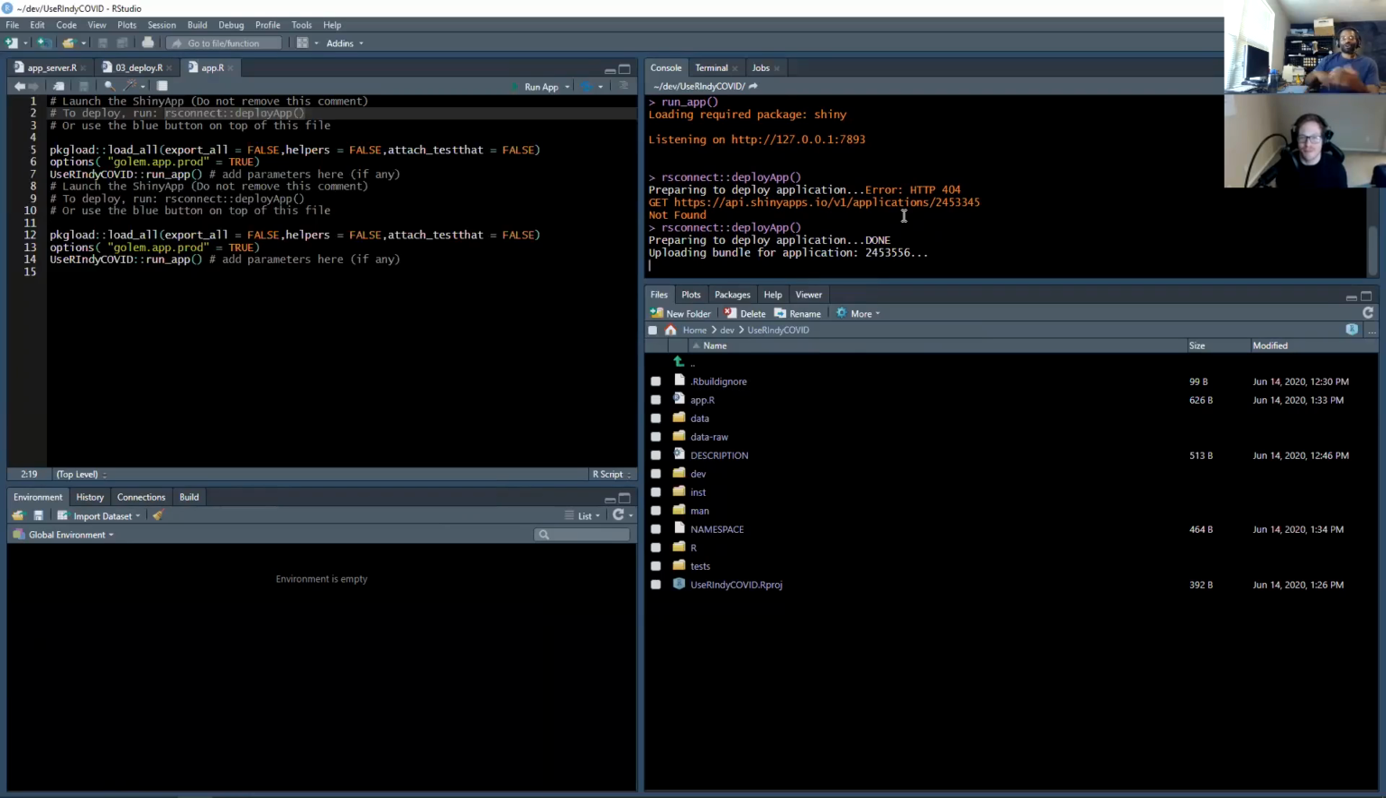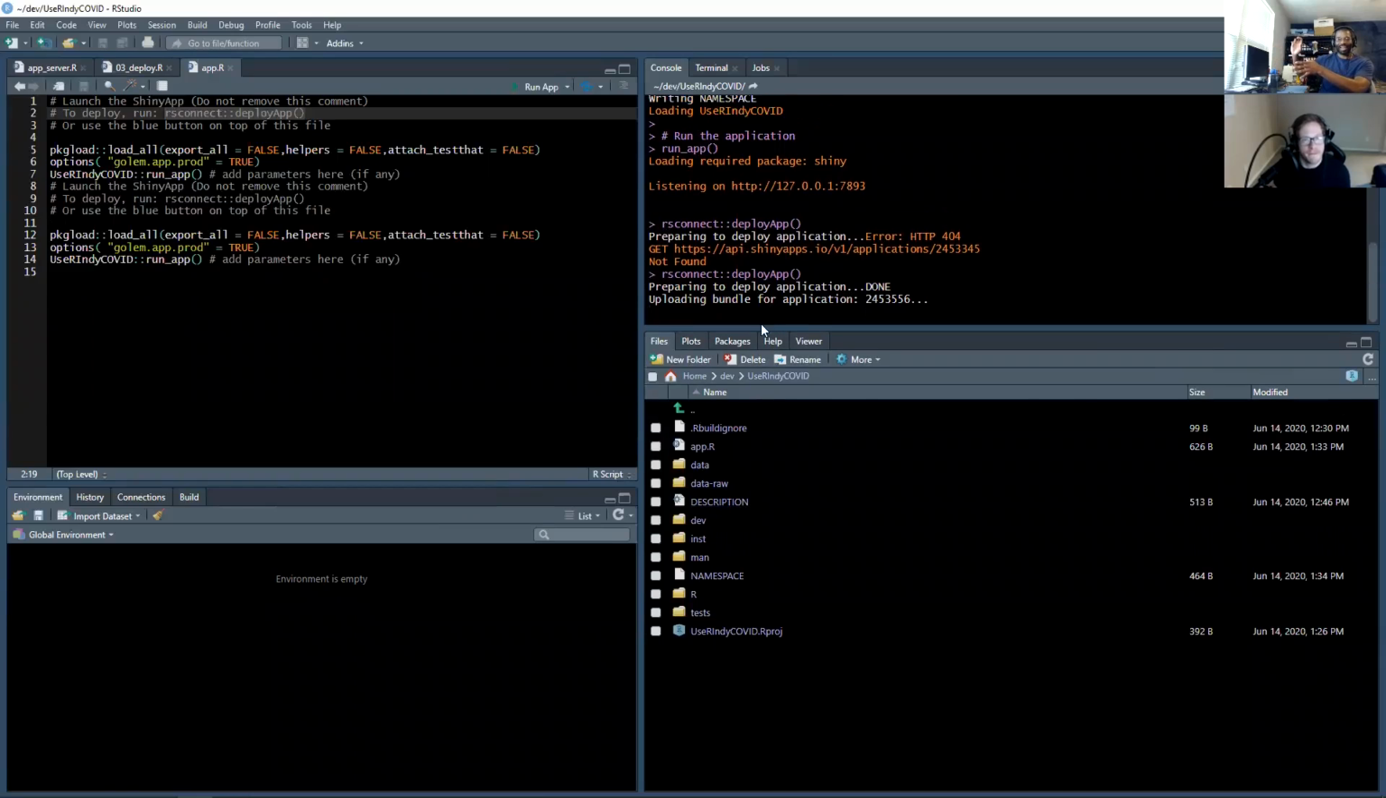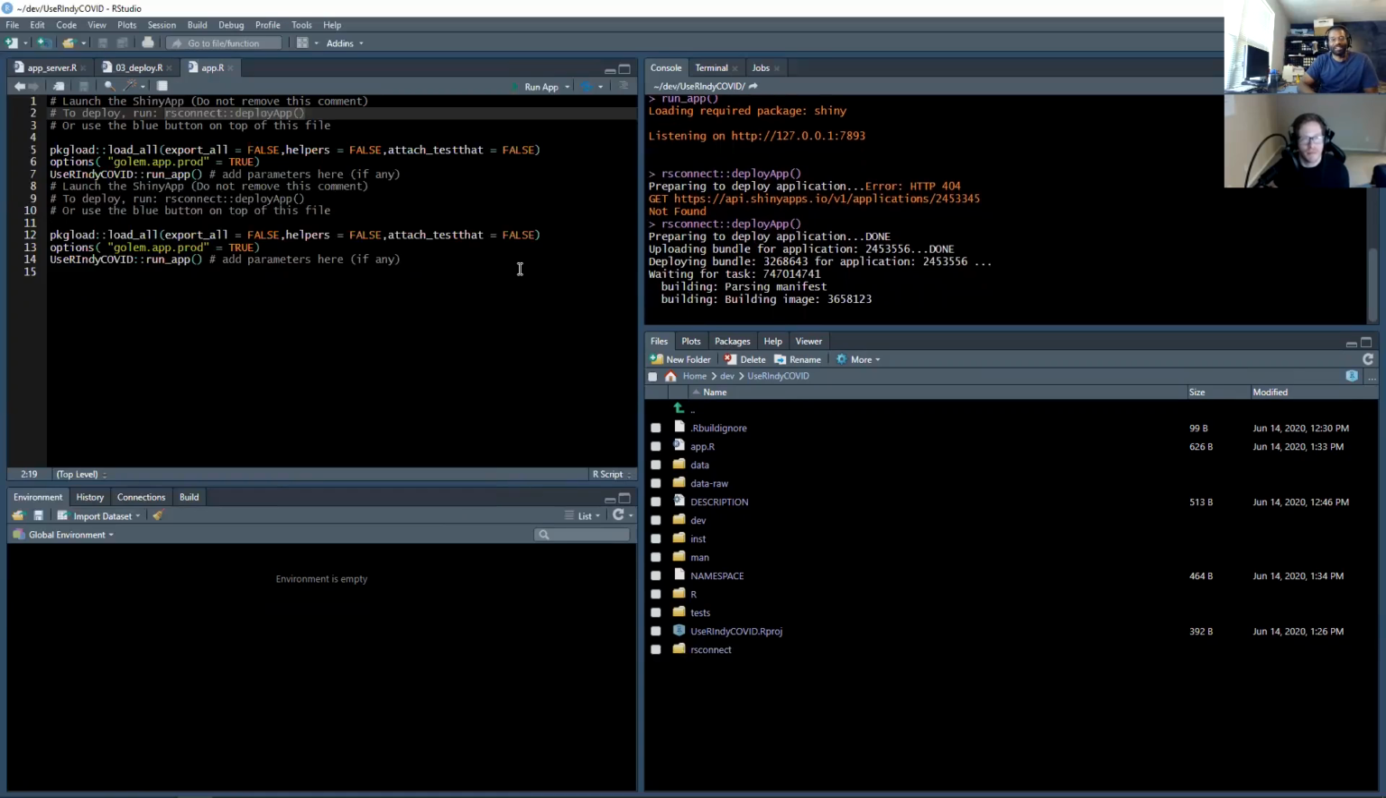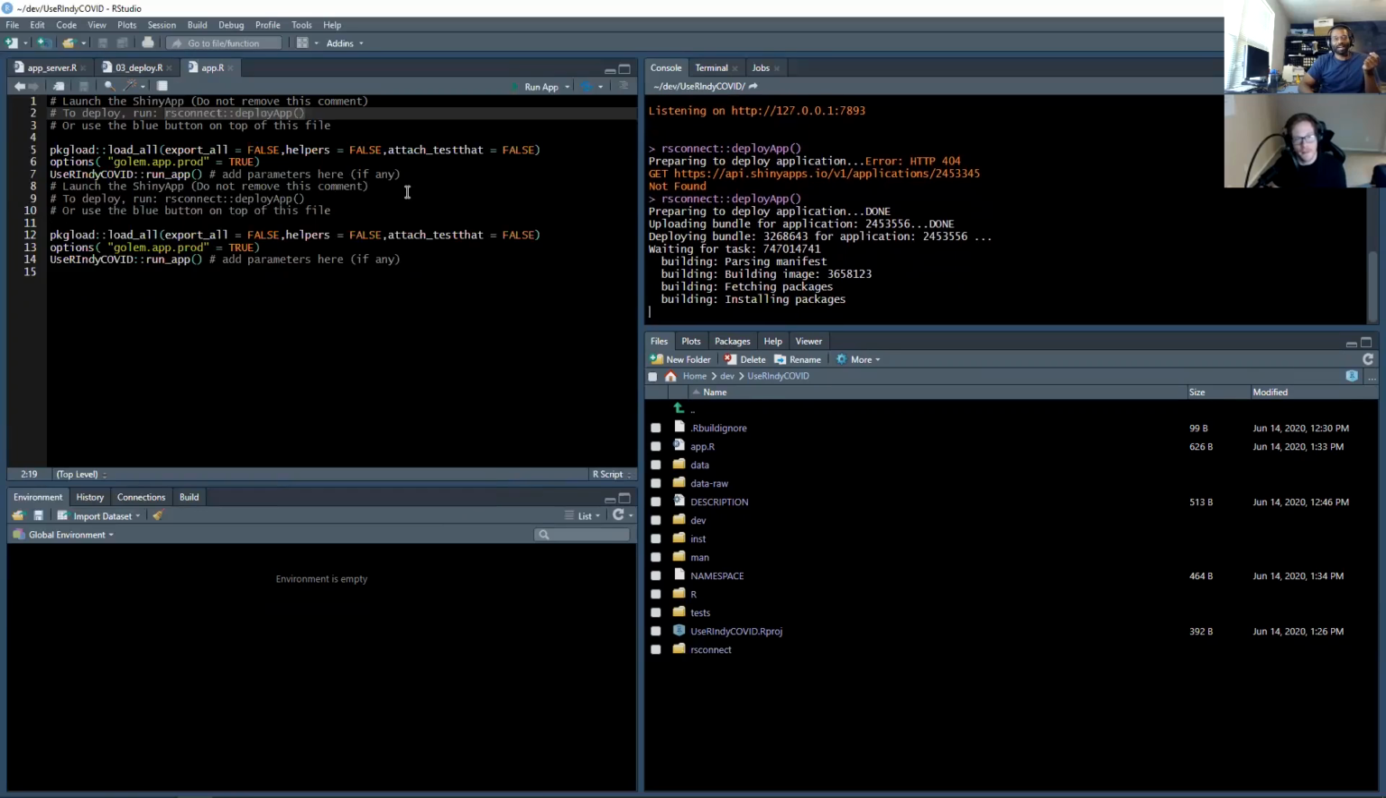So yeah, it'll go through and grab all the dependencies, send the files out to shinyapps.io, and then build it there, downloading all the dependencies. It's interesting that they're using the rsconnect package here, because normally when I see people